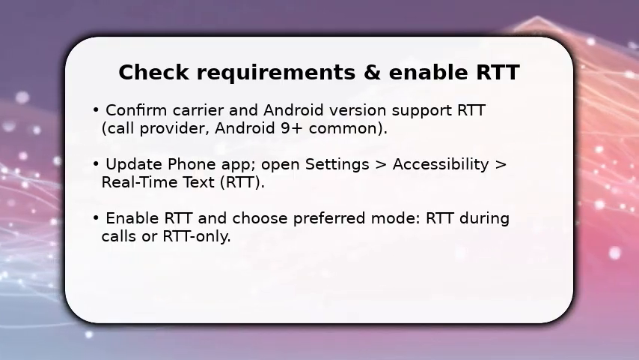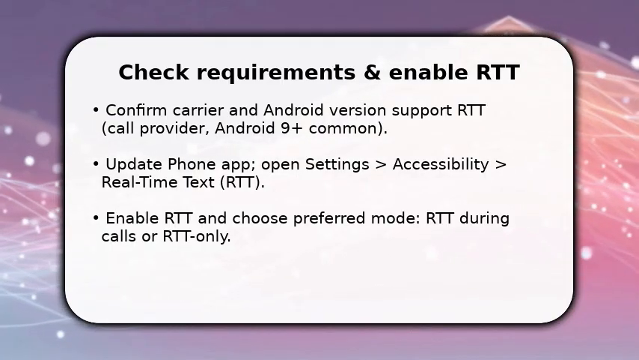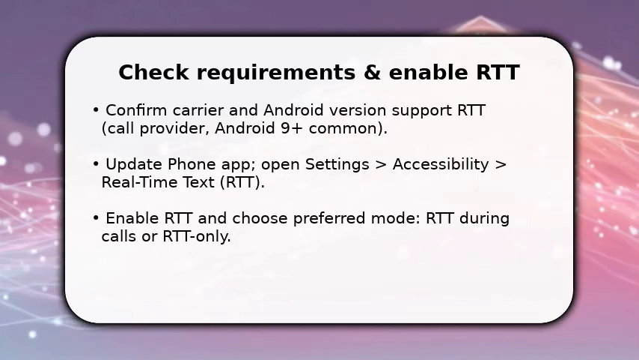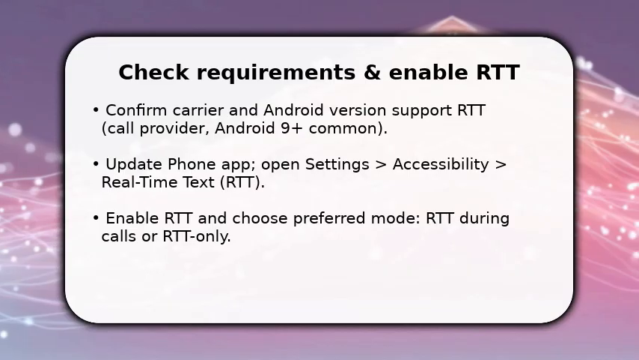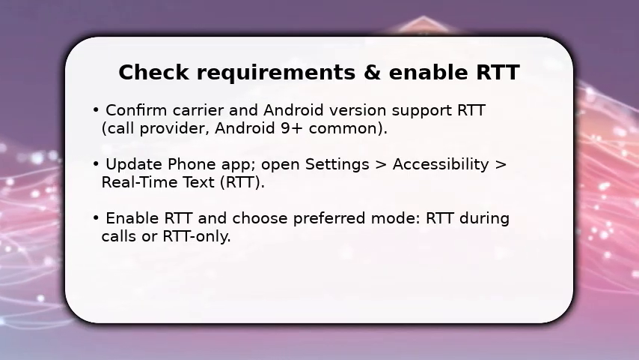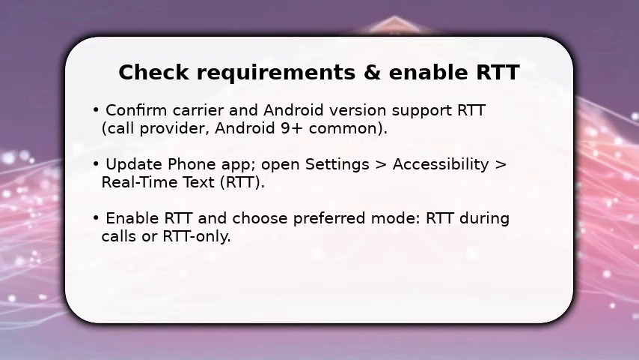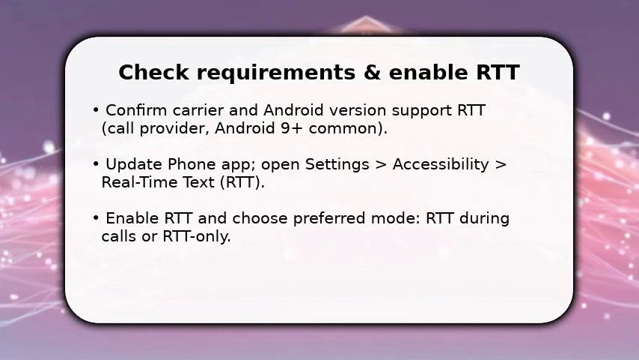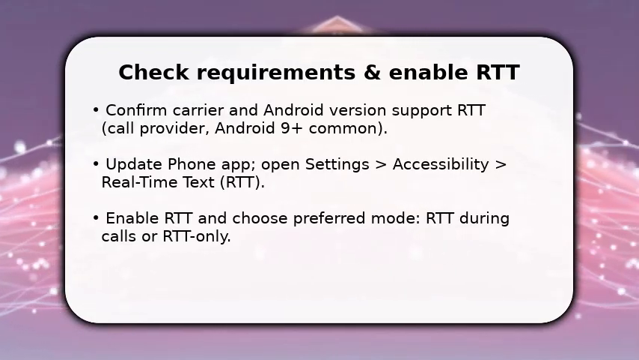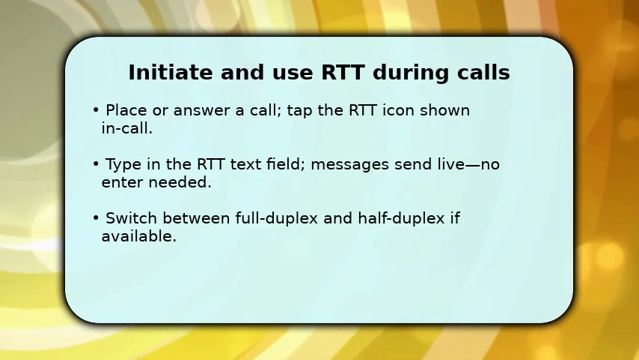Open phone app settings, go to accessibility, and tap real-time text. Turn it on and pick a default mode, either enable RTT for all calls or for incoming only. Do this now. Enabling here exposes RTT controls during calls, and you place or answer a phone call and look